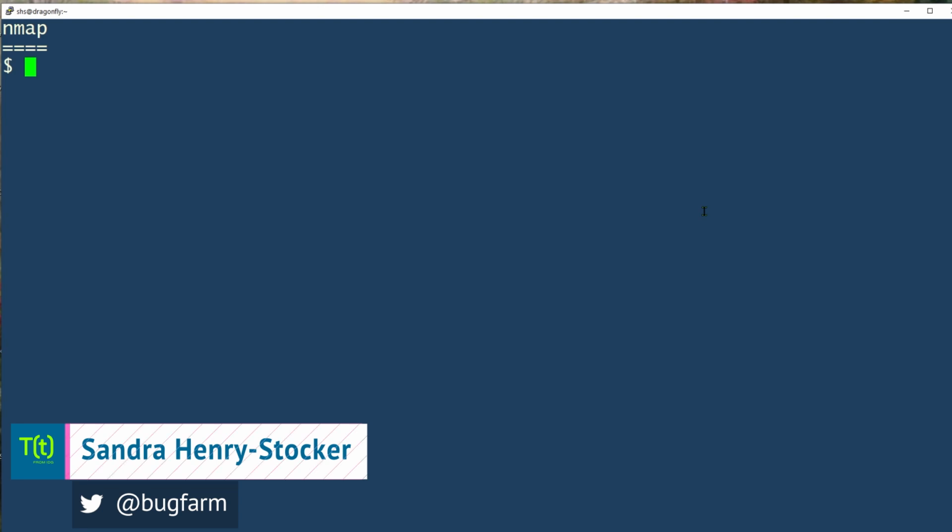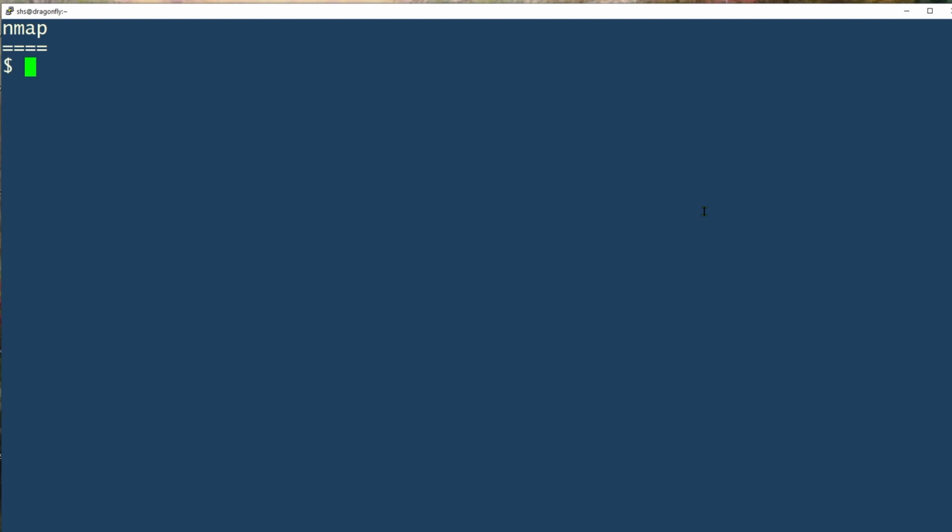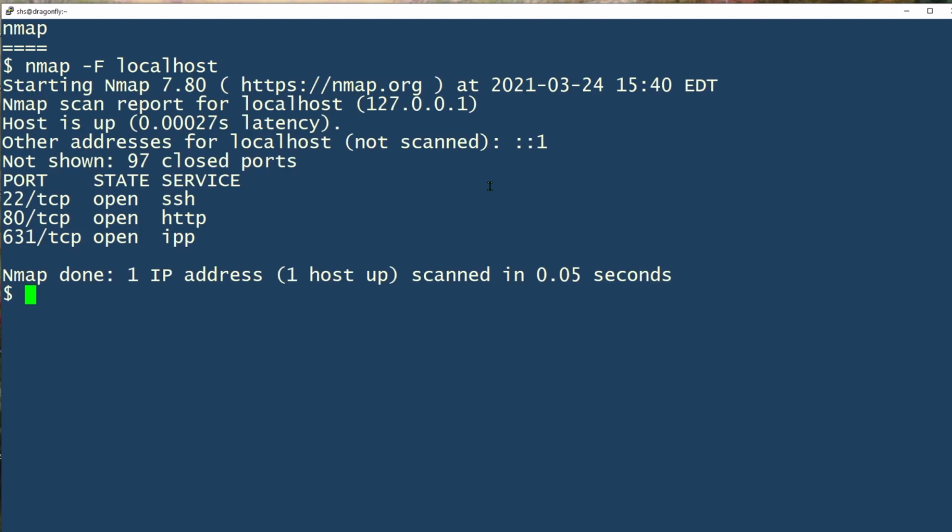In this Linux tip, we're going to look at the nmap command that's generally used for security auditing, but it can provide a lot of information on your local network as well. So to start, I'm just going to do a very simple example of just looking at my local host. You could put an IP address in this place as well, or instead, and it comes right back and shows me what ports are open and what services are associated with those ports.